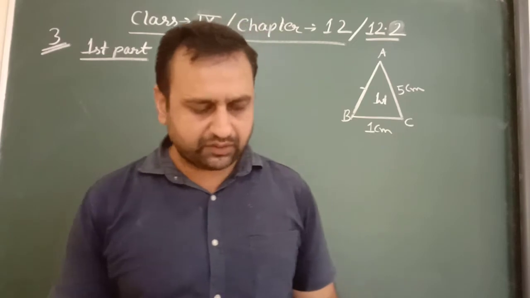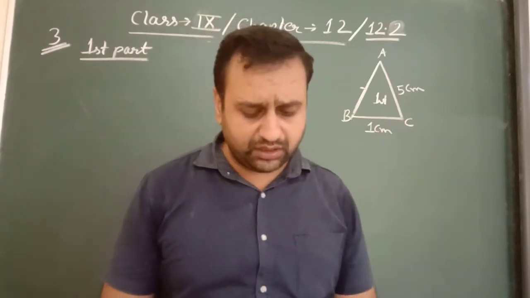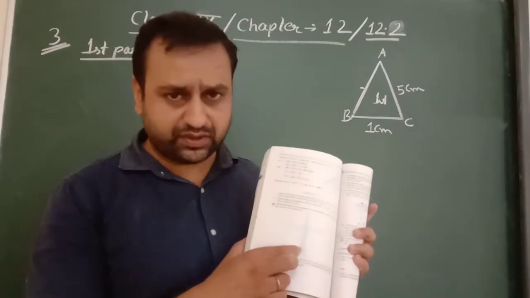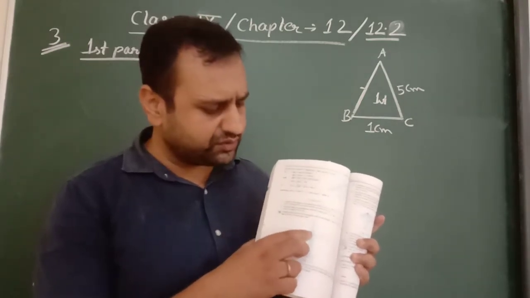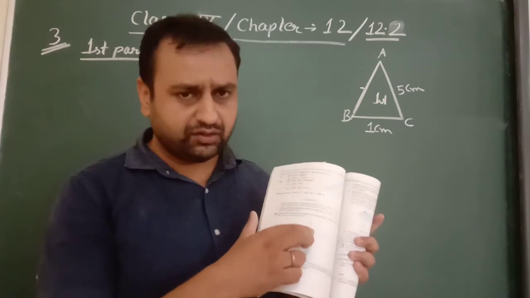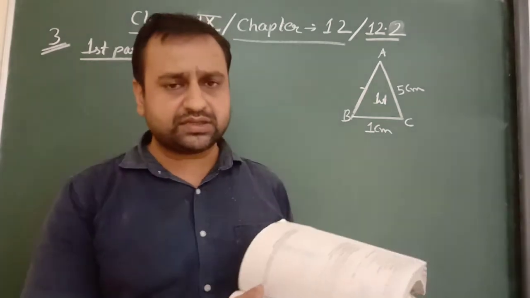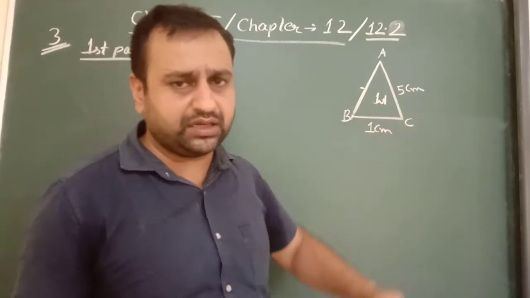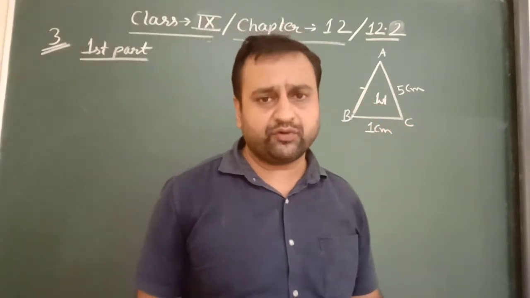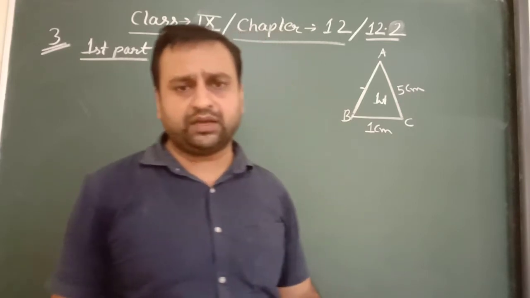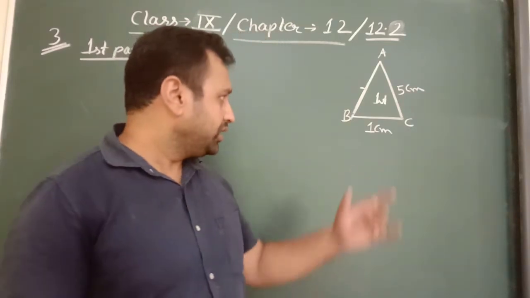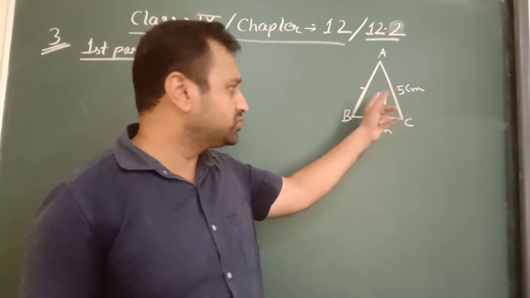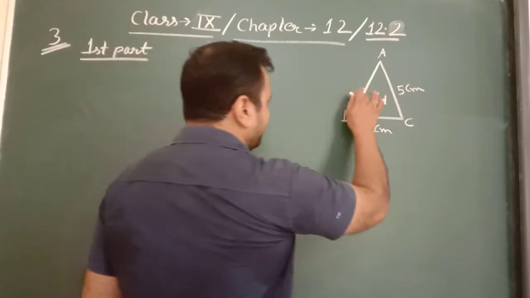Now for the first part we can see that it is the shape of a triangle in which its base is 1 centimeter, and the opposite sides are equal, so it is 5 centimeter, but its third side is missing. Firstly we find the third side and after this its area, because it is the shape of an aeroplane and the aeroplane's balancing is a must. If these two sides are equal, then the aeroplane may be in balance, so it is also 5 centimeter.